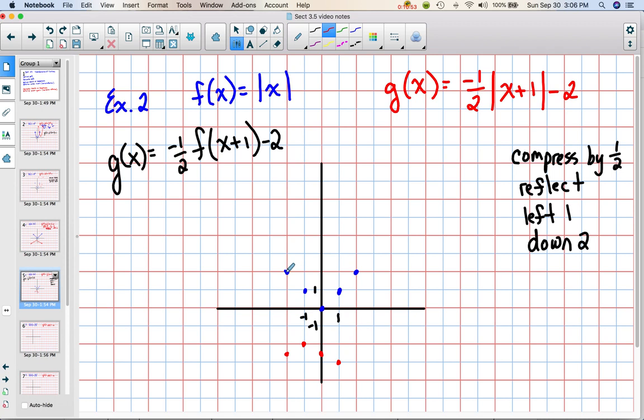Next, I'm at a height of 2. Half of that is 1. Reflect it. I'm at -1. And I go to the left 1 and down 2. And if I draw this in,